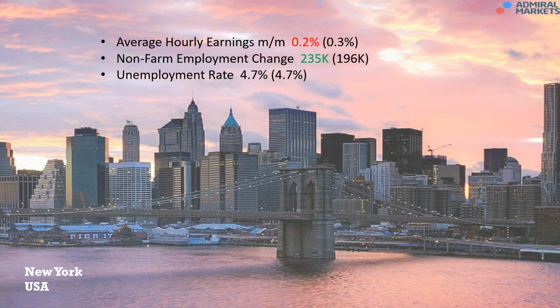In the US, the biggest news released on Friday was, of course, non-farm payroll numbers, and we had the non-farm numbers change at 235 new jobs. Unemployment came in still at 4.7, and the average hourly earnings was down at 0.2. Essentially, investors took profits on their long US dollar positions on the back of this data. Although the job growth was solid and the unemployment was slightly improved or thereabouts, the hourly earnings was less than anticipated, and because of this profit taking, we saw weakness in the US dollar.